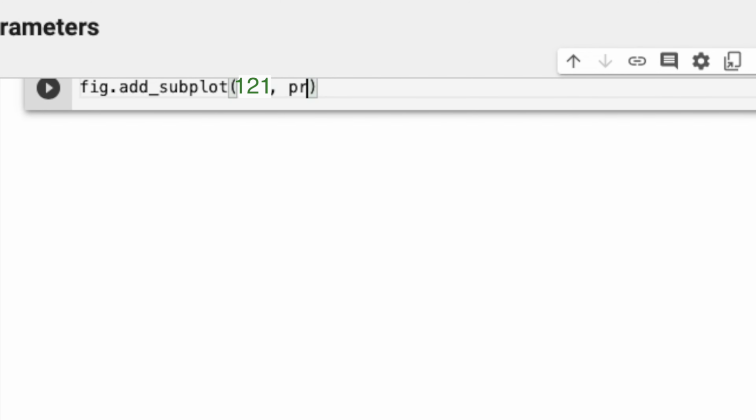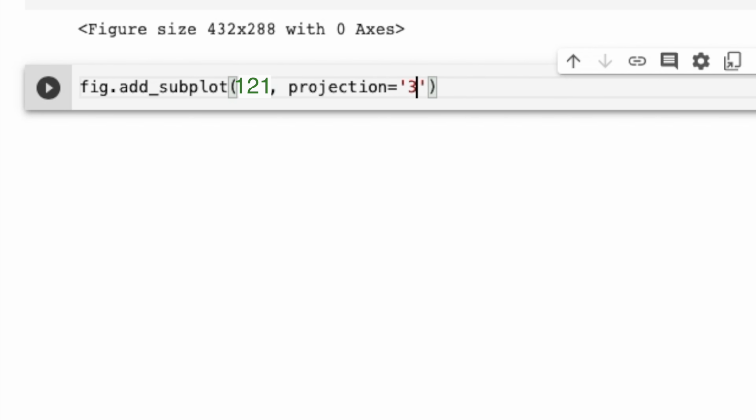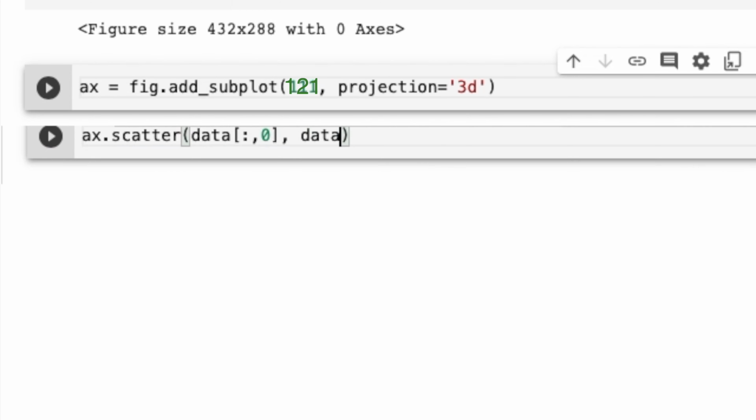Our second parameter is what kind of projection the subplot should use. Obviously, we want a 3D projection. We keep the subplot reference in a variable named AX. AX is the plot where we draw our scatter plot.